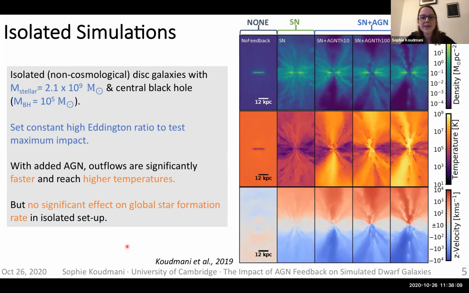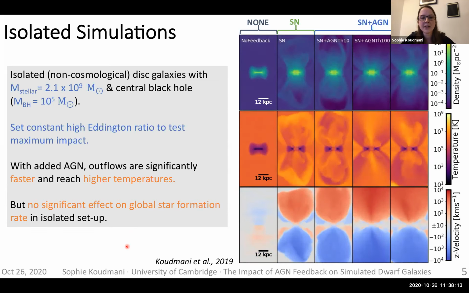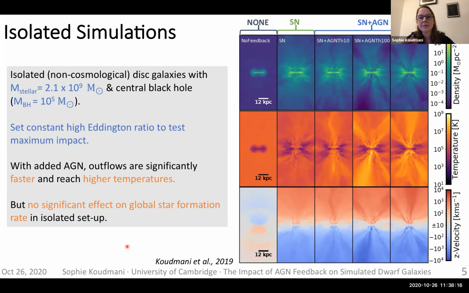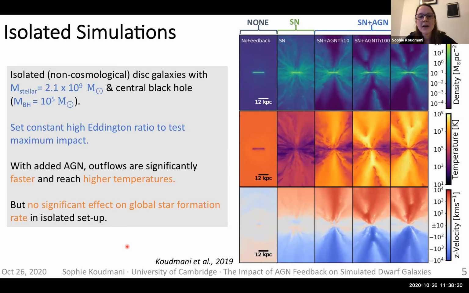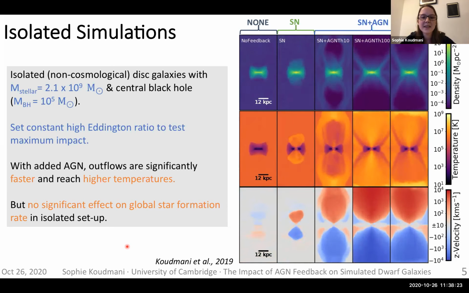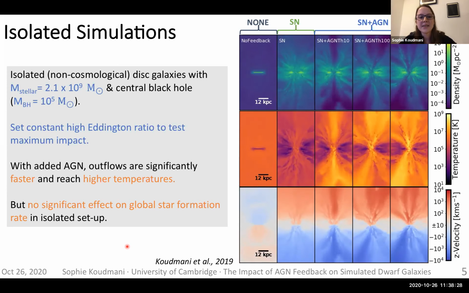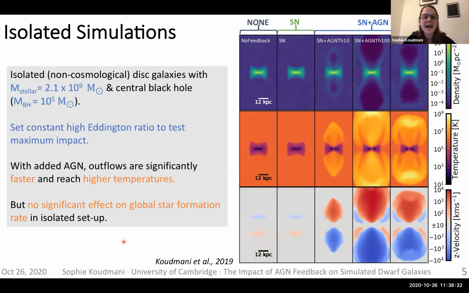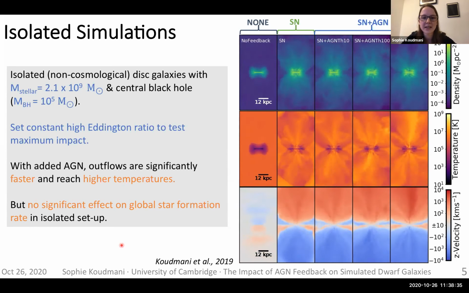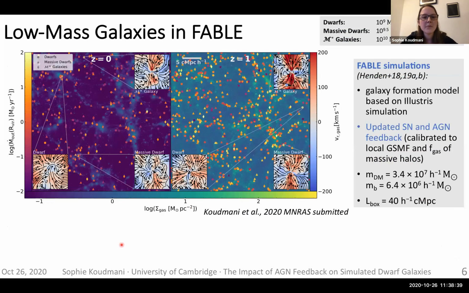But we hypothesized that the AGN could still play an indirect role in quenching, because it is quite feasible that these powerful outflows that you can see here in the movies could push back cosmic gas inflows and then starve off the dwarf and regulate star formation in this way. But we can't test this with isolated simulations because we don't have a cosmological environment or cosmological inflows here. So this is why for my next project, I then moved on to analyze AGN feedback in low mass galaxies